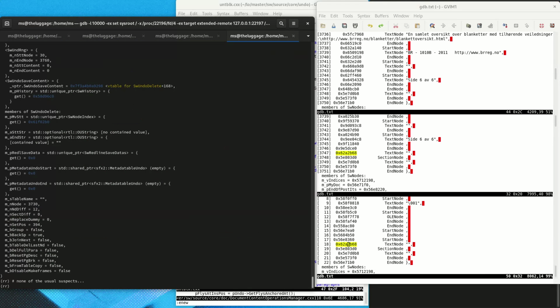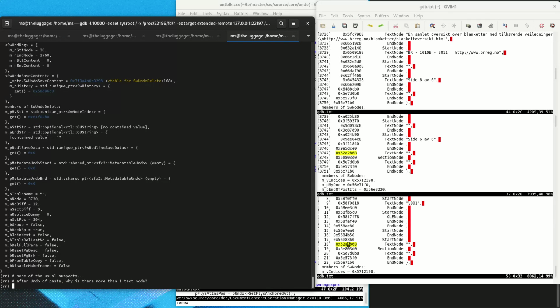And if you look at it here now in the lower pane of the text editor, then we see that there are two text nodes in the body of the document. One is inside of a section and the other one is outside of the section. And this is maybe a bit suspicious, because